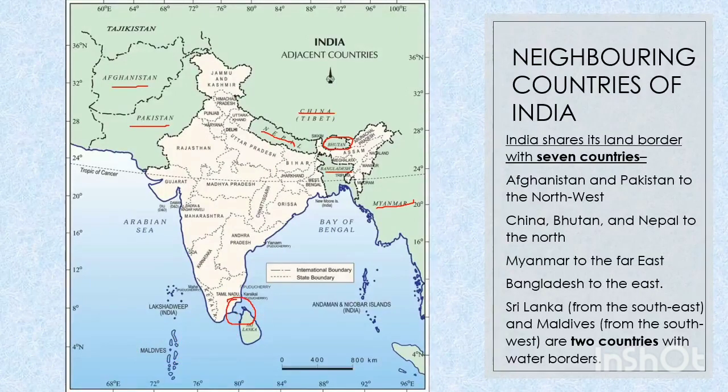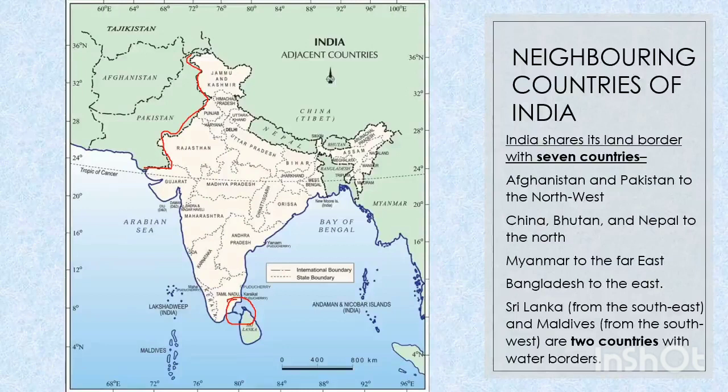Moreover, one more thing, we are sharing a land border, isn't it? So here we call this the Radcliffe Line, that's the line between India and Pakistan. Can you see the blue color on top? There's a border line that's called the Radcliffe Line. Radcliffe was the one who marked the border for India at that time. Then you have the Durand Line, that's the line between India and Afghanistan.